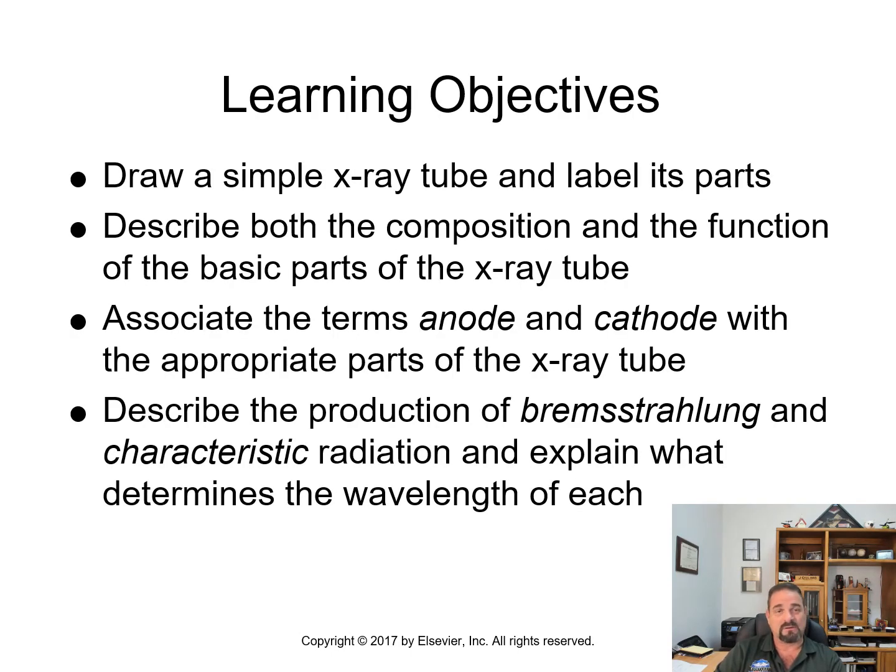All right, our learning objectives. We're going to talk about the X-ray tube, and we're going to talk about labeling its parts. This is in your book. We're also going to have it on a slide. Also, we're going to be able to describe the composition and the functions of the basic parts of the X-ray tube. And also, we need to associate the terms anode and cathode. If you remember from our last chapter, we started talking about that in Chapter 4 with the appropriate parts of the X-ray tube. Also describe the production of the bremsstrahlung and the characteristic radiation and explain what determines the wavelength